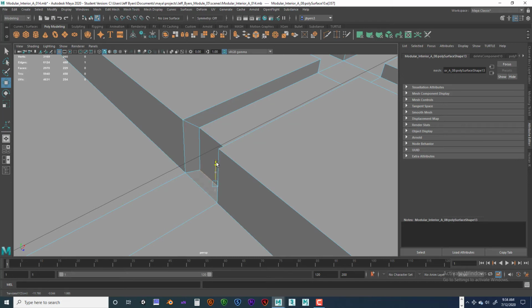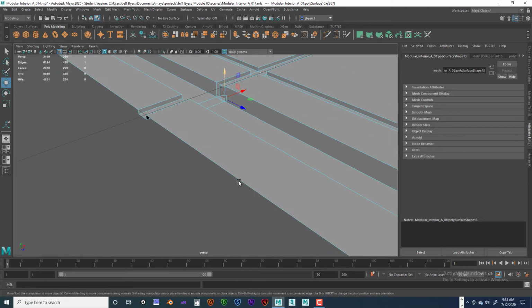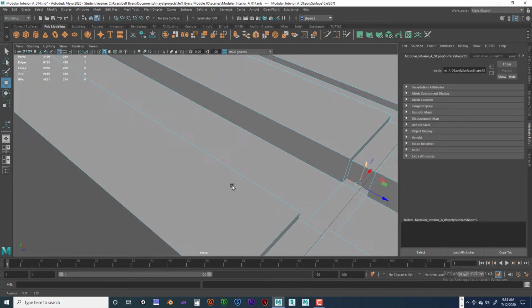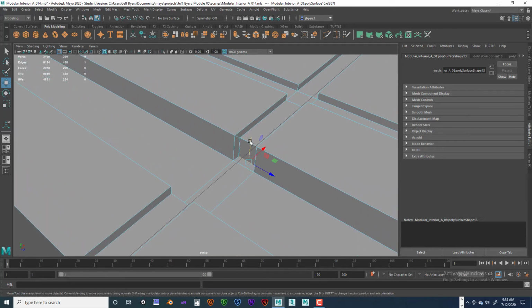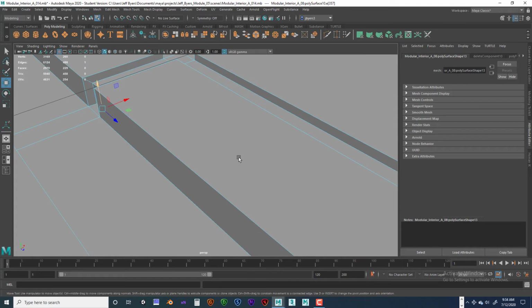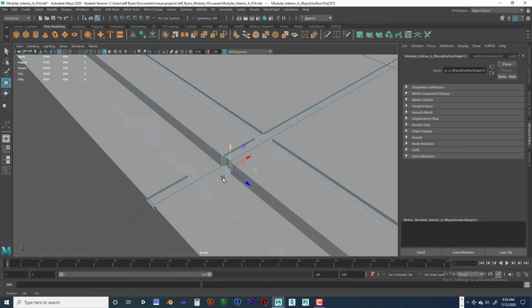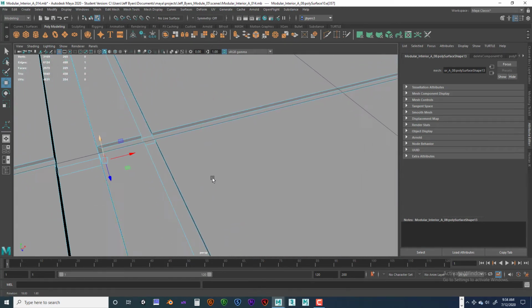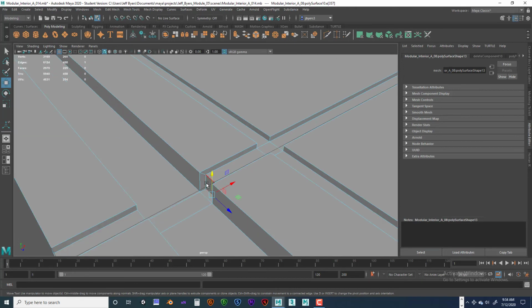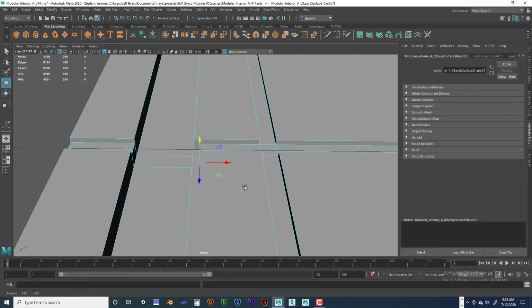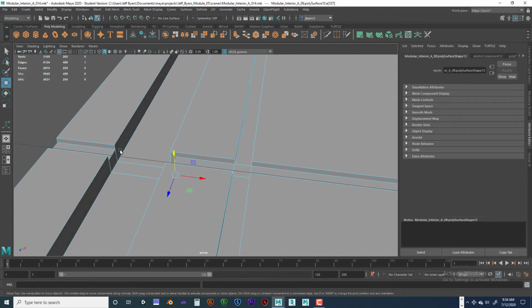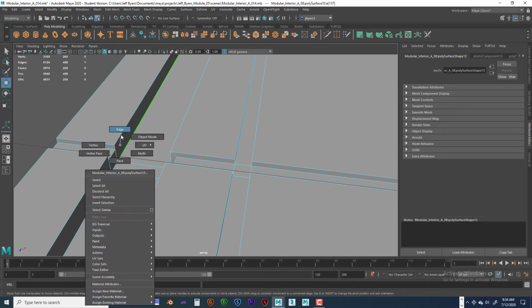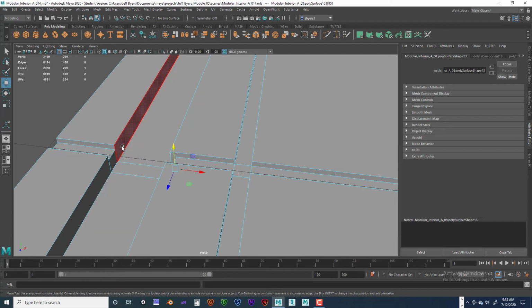Now I don't think that's a huge issue or a huge problem per se, but it's something that we do need to fix, because we'll have a face on top of a face. I suppose if you wanted to, you could leave it, but I don't know, that's still considered separate, I think. If I go in here and delete this,